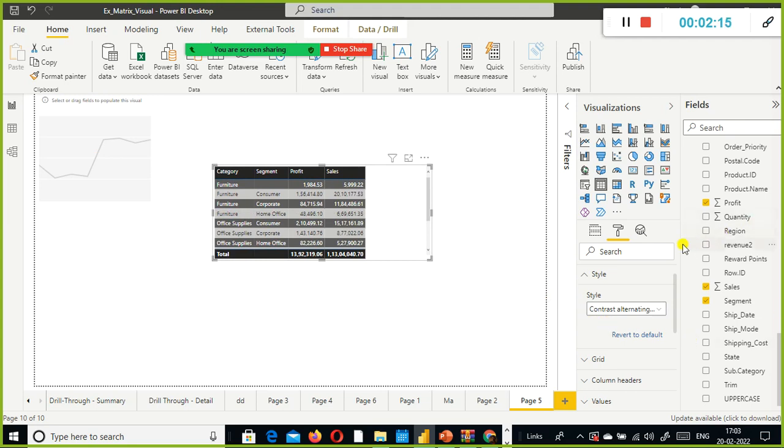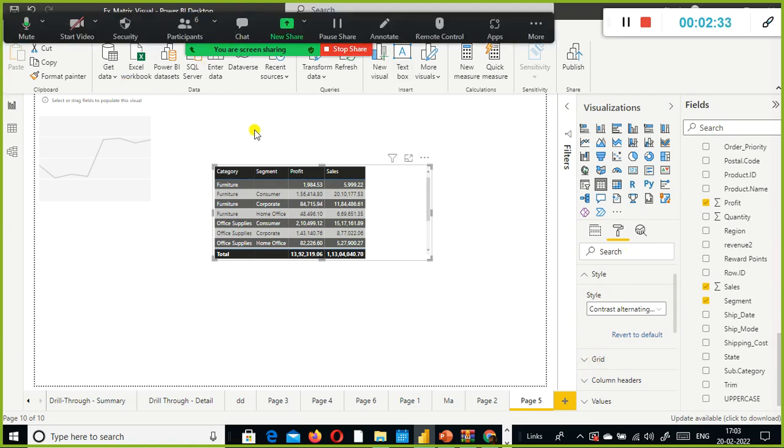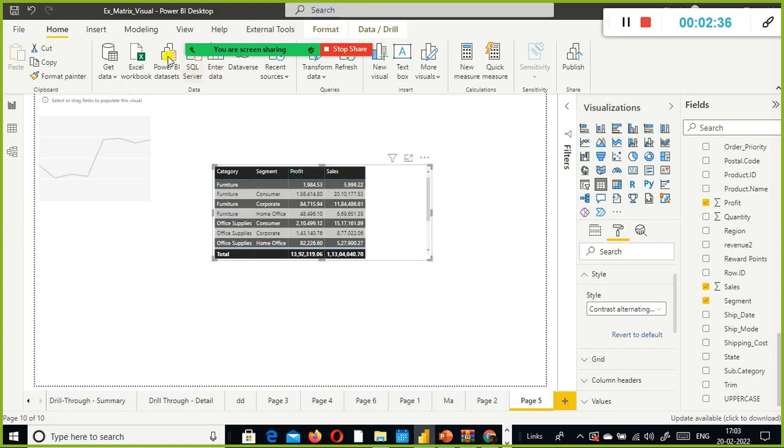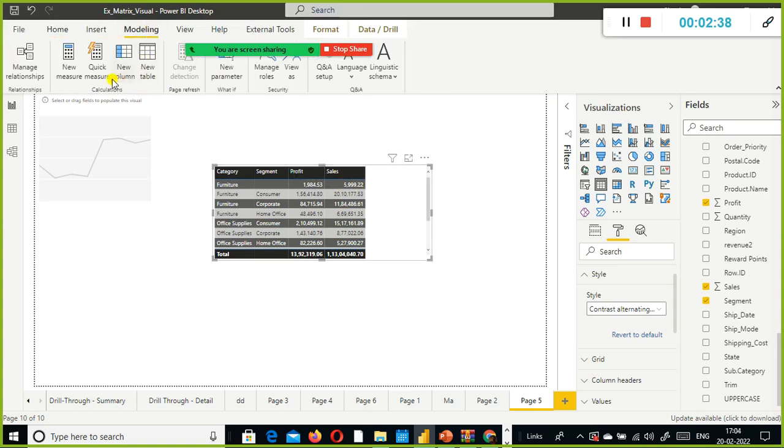Okay, so next I just go and, so profit is also available here. Next I just go and include the year-on-year sales growth. Instead of using the same boring sales and profit columns, I just go and create a measure. We'll discuss the measure, calculated column, calculated table as part of DAX. Don't worry.